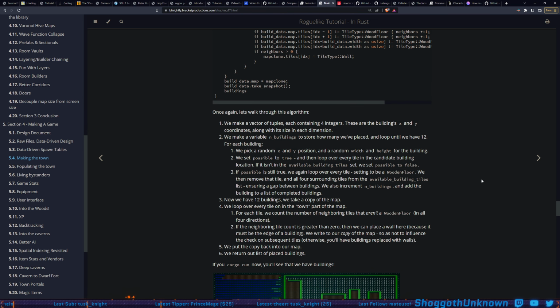So let's read their description. We make a vector of tuples, each containing 4 integers. These are the building's x, y coordinates along with its size in each dimension. We make a variable n buildings to store how many we've placed in loop until we have 12. For each building, we pick a random x and y position and a random width and height for the building. We set possible to true and then loop over every tile in the candidate building location. If it isn't in the available building tiles set, we set possible to false. If possible is still true, we again loop over every tile, setting to be a wooden floor. We then remove that tile and all 4 surrounding tiles from the available building tiles list, ensuring a gap between